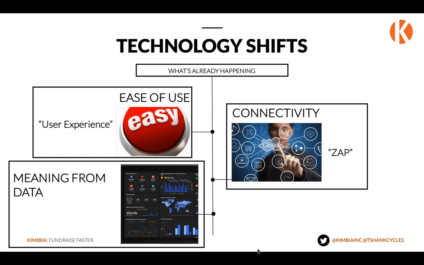Connectivity is also a big shift that's happening, and I think is going to just astronomically advance in the next 3 years. It is becoming easier and easier to connect systems together. I'll get into the word zap later, but it's easier to zap systems and data together for more integrated workflows. And then meaning from data. We'll get into this. What I mean by this is